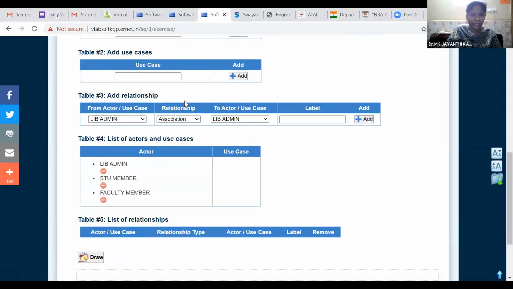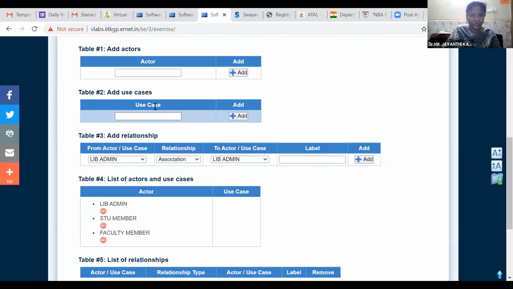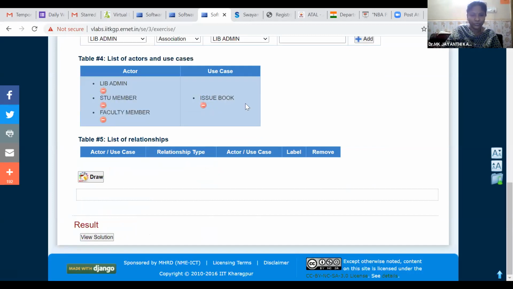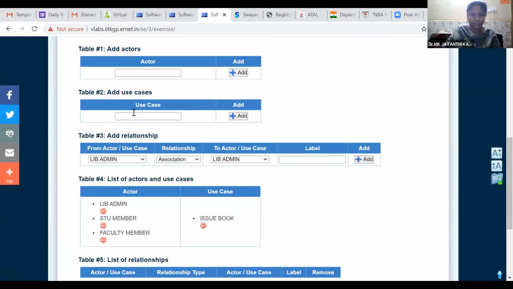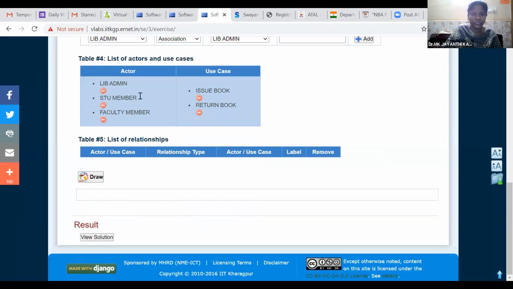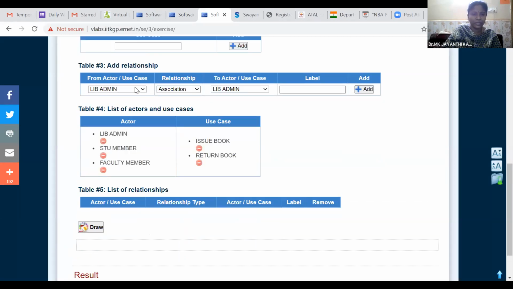Then we'll add the use cases. So issue of book, issue book. The issue book use case is added. The same way we can have return book. Return book is added, and search for the book.